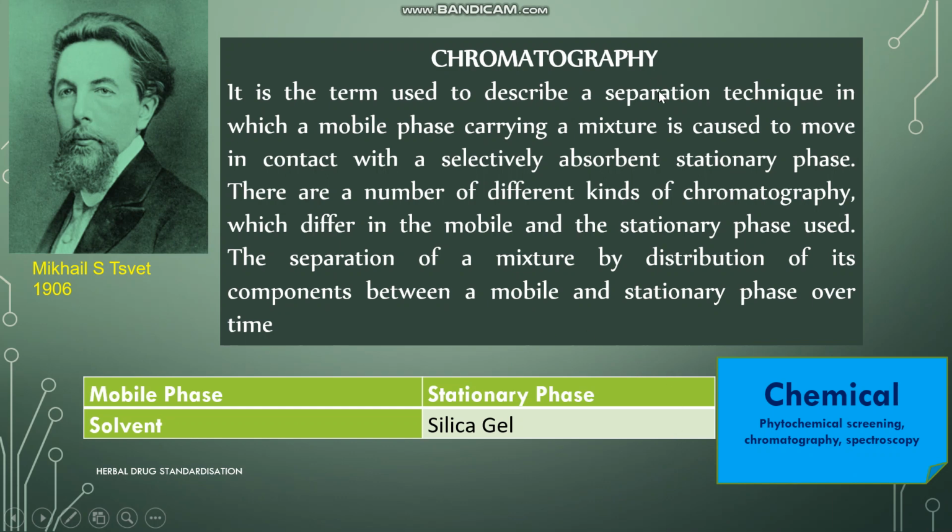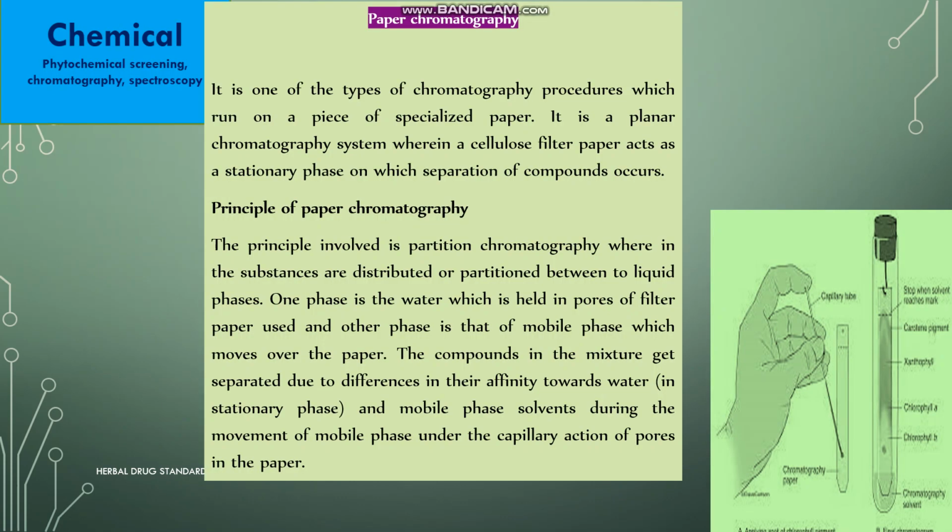Yes, so chromatography is a separation technique, it is a purification technique, and it is again a very important technique for the visualization, separation, and isolation of secondary metabolites or different constituents present in a particular sample. So next, there are different types of chromatography techniques like paper chromatography, TLC, HPTLC, gas chromatography, and ion exchange chromatography. In this lecture, we are only able to see a brief about different chromatography techniques because we don't have much time.